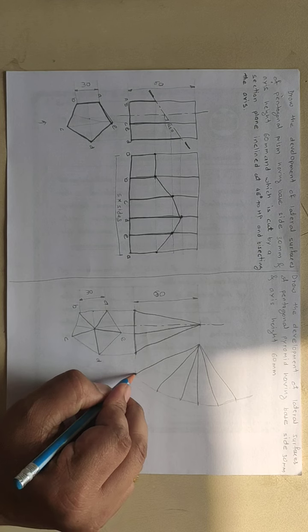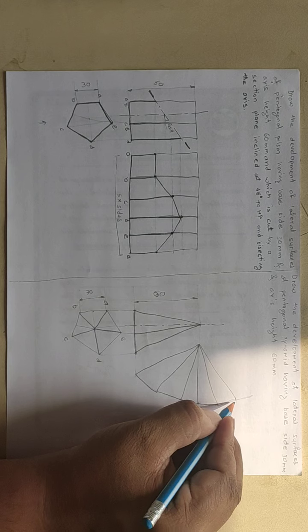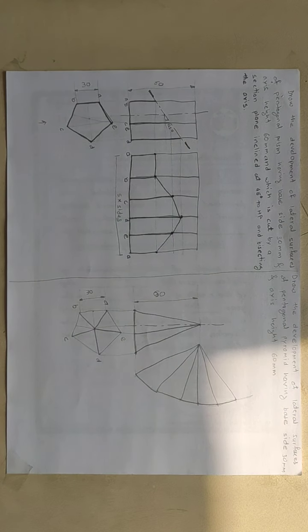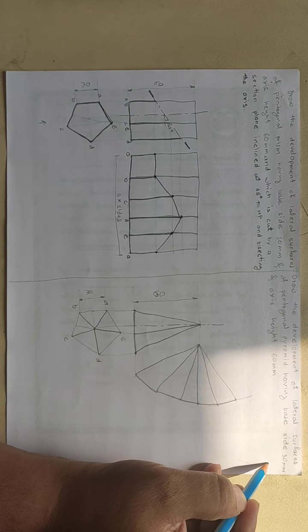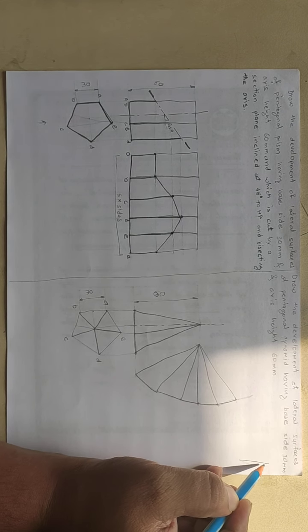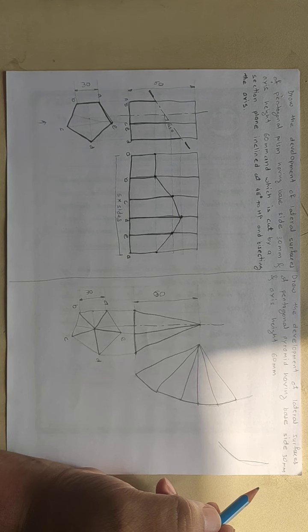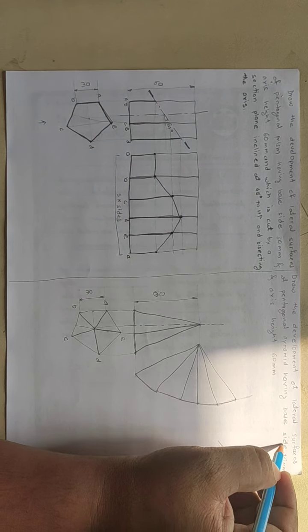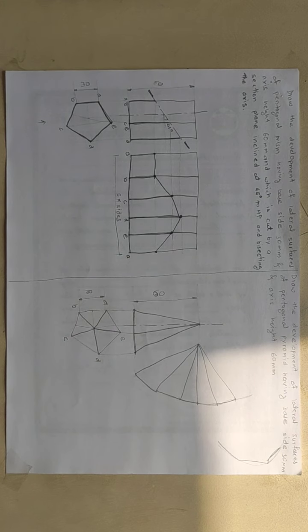Similarly, join this with these straight lines, not the arc but the straight line, isn't it? So if we expand this, this will be the arc and this will be the joining line. Similarly, if here is the arc, here you will see the straight line. Similarly, if you draw over here, if this is the arc, a straight line will be shown like this, isn't it? And this is the development of a pentagonal pyramid.